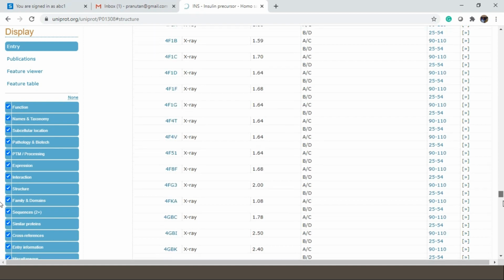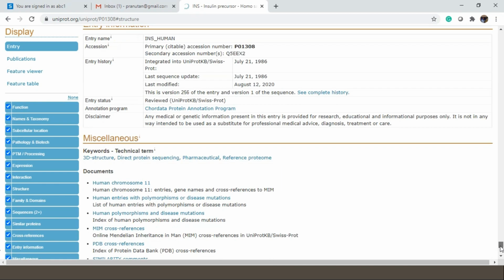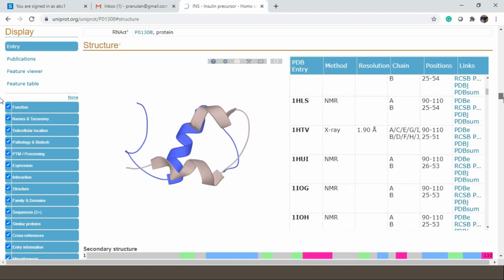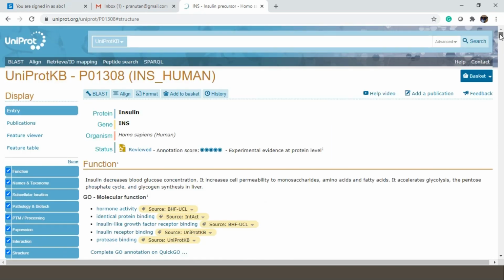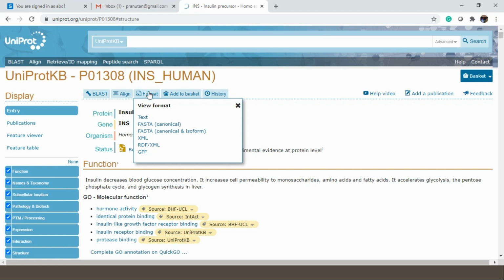Just like in the lecture I told you, the file format of SwissProt is just like the EMBL file format. You are aware of the EMBL file format. So let me check it out. But here you don't find the EMBL file format like ID, DT, RN, RP; you did not find it here. So what I can do here is click on the format. See what is going to happen. Whether you want to see this protein in the FASTA format or in another format.